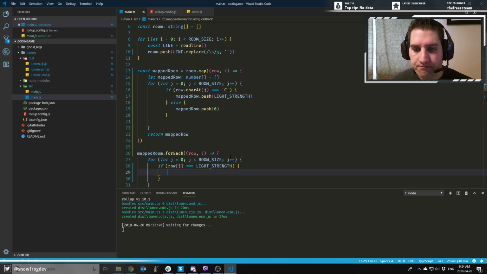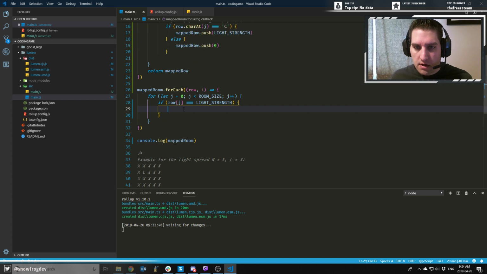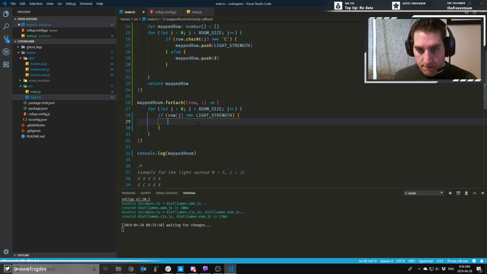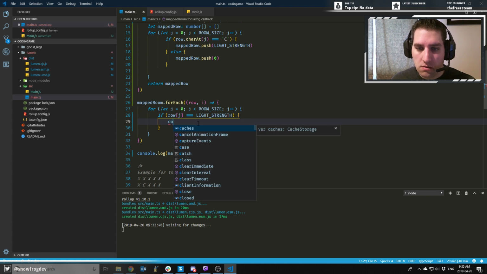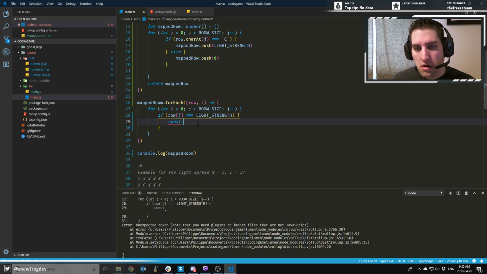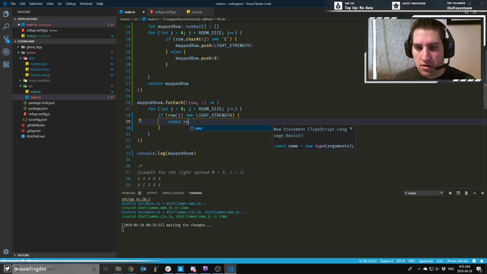All right. Let's do this the very dumb way first. We'll figure it out. So const, let's use cardinal directions like north, south, and all that stuff. So const, let's start with northwest equals